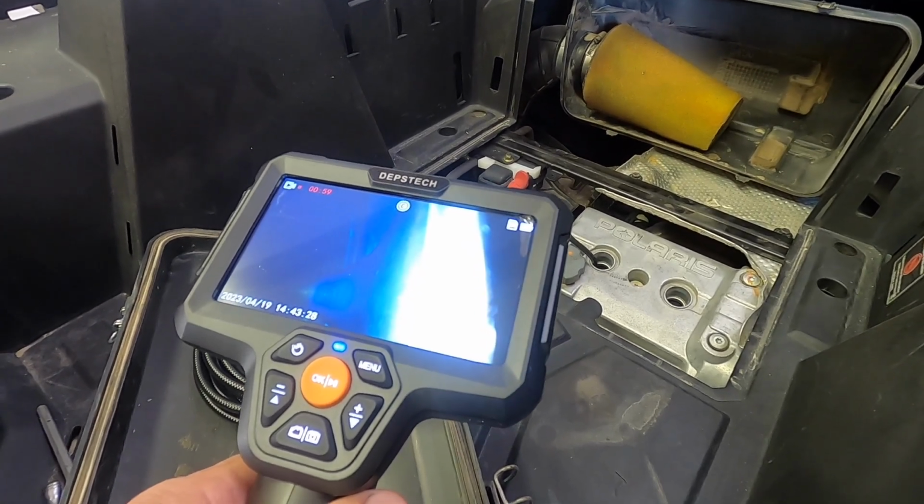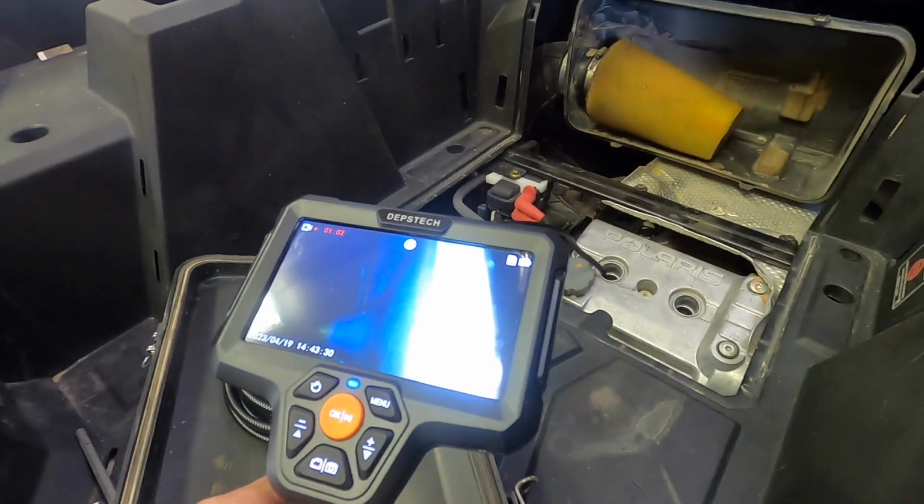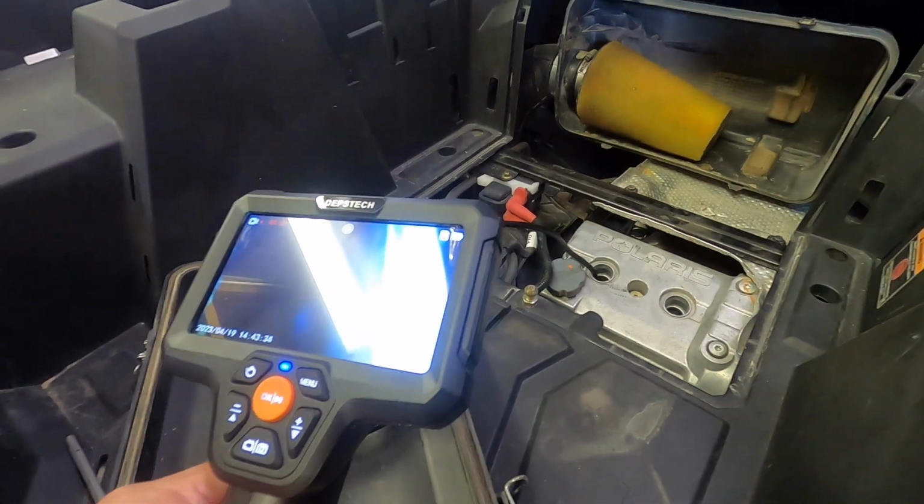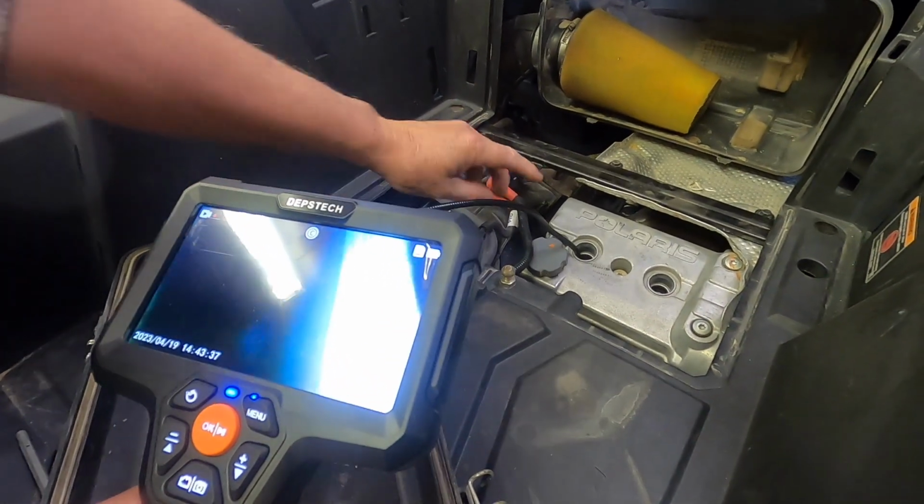All right, I'm going to back her up just a bit. There. That thing opens an amazing amount. I don't know how much it opens. I've never done this. Holy mackerel, does it open. All right, hold it to where, let's see if I can get,